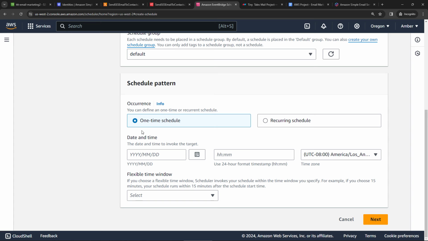But just for testing purposes, let's do a one-time schedule. I'll select today's date. And then the time. So according to my clock, it's 15:24 right now. So let's go with 15:28. Give me 4 minutes to get all of this done. I think I can make it. Select the time zone. It's defaulted to the local one, which is great. And then the flexible time window, this basically gives it some leeway, basically a window in which it can run. I'm going to turn that off and say I want it to run at exactly this time, and then say